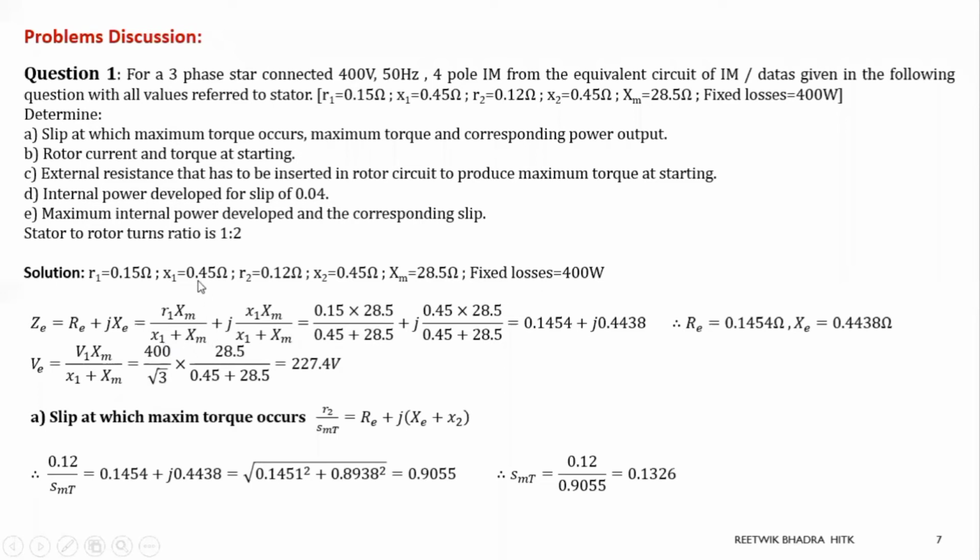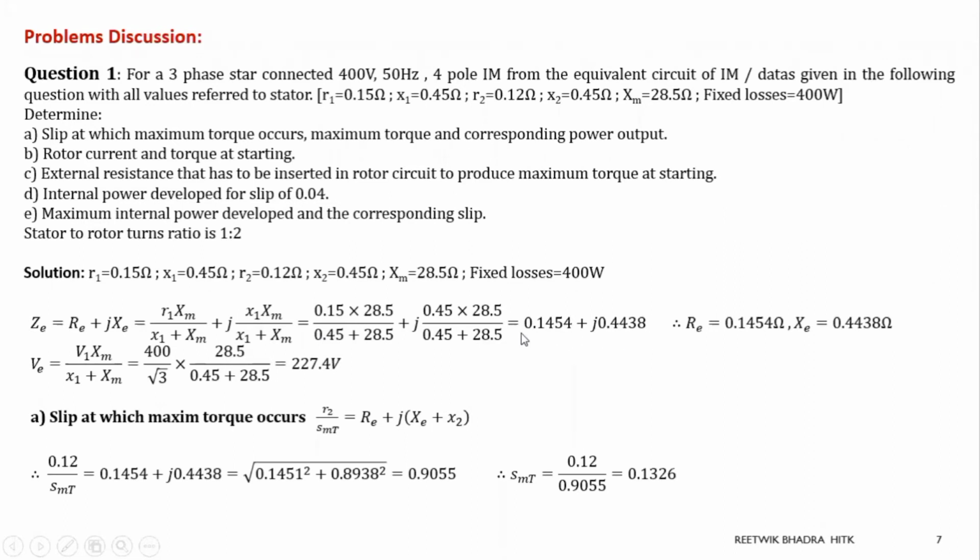X1 is 0.45, XM is 28.5, so 0.45 plus 28.5, plus j X1 XM. X1 is 0.45, XM is 28.5, so 0.45 into 28.5 divided by 0.45 plus 28.5. You can solve this. If you solve this, you will get 0.1454 plus j